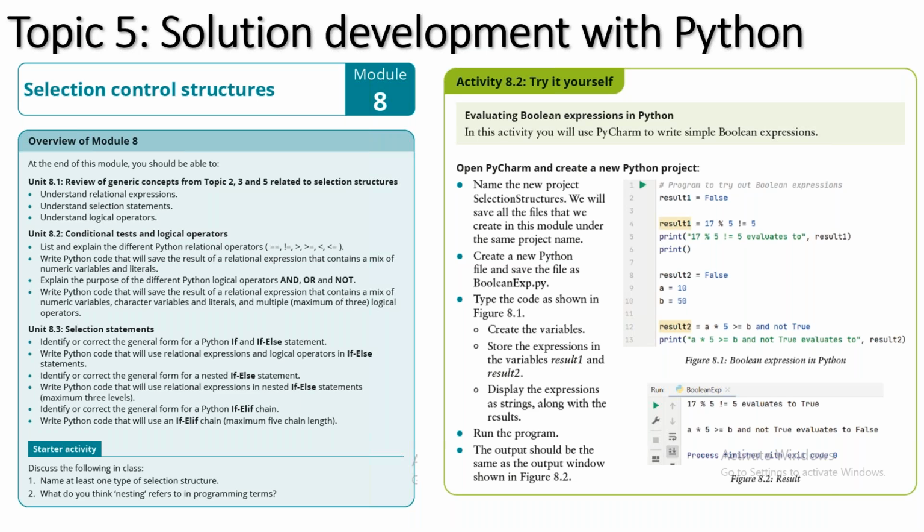We also go through the logical operators: the and, the or, the not operator. We repeat examples that we used in module 2, where students designed the solution, and now we show them how it's done practically so they can see it. When it comes to selection statements, we cover the if-else, we cover nested if, and Python also has an if-else chain, which is like a nested if statement.